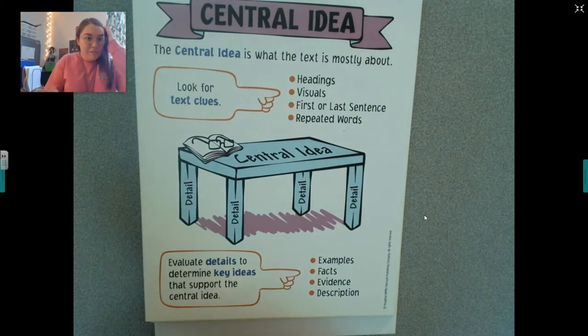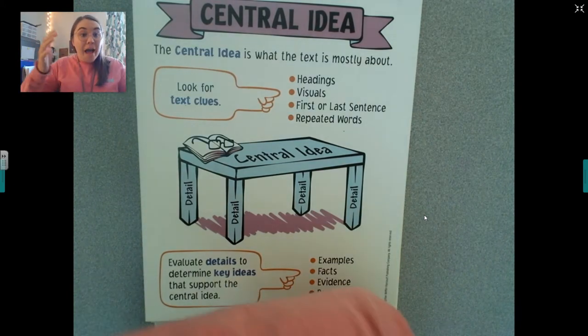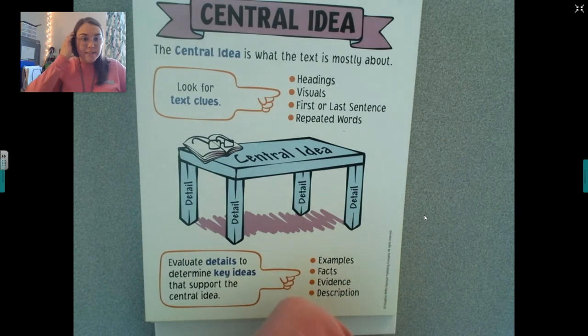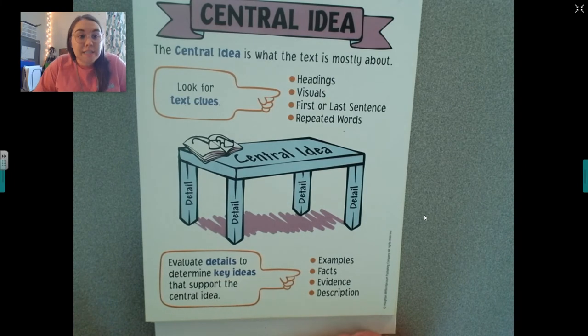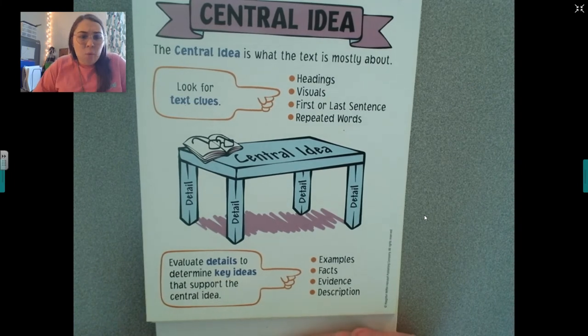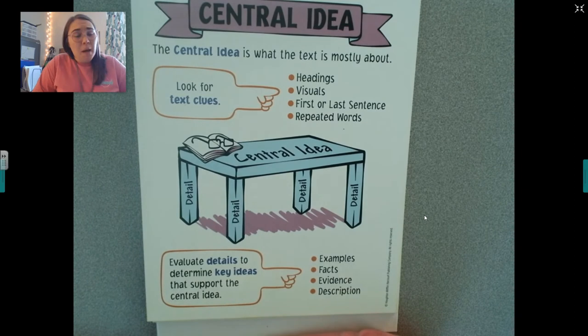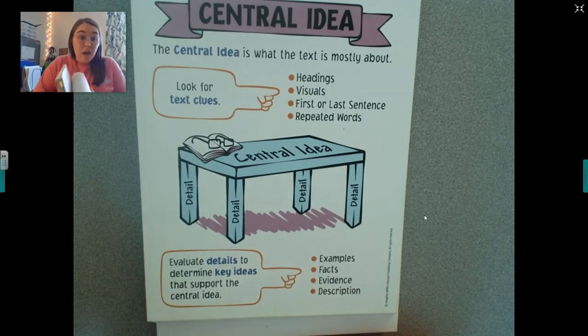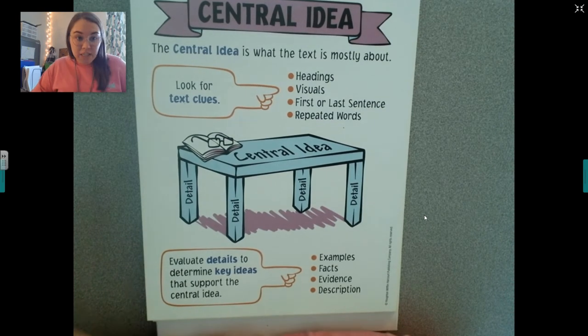Well, the central idea today was math. We talked a lot about math and what we were going to do to help you guys out and how we were going to teach you math, specifically fractions and 2D shapes. Isn't that crazy? We can find the central idea about anything. A book like Gregor the Overlander, a chapter of Gregor the Overlander, we could do a passage. We could even find the central idea of a movie, a TV show.